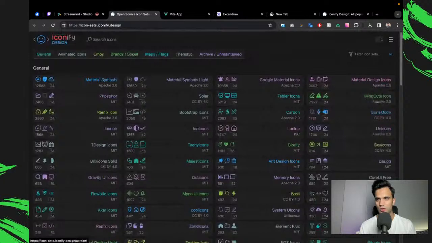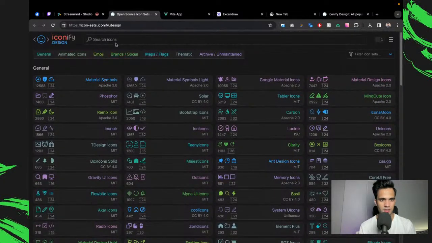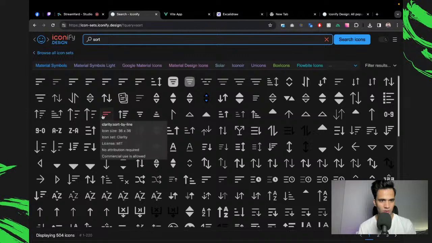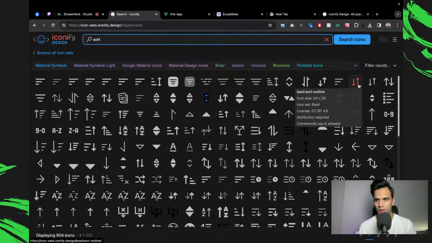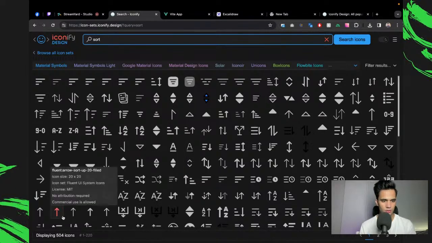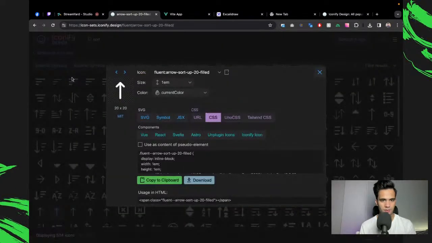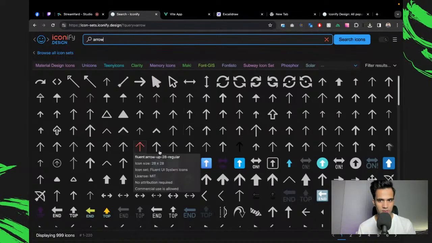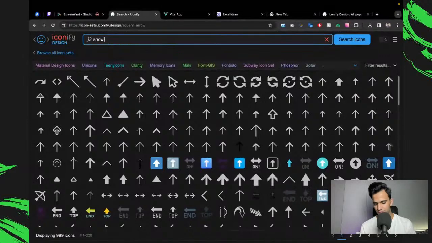You can pretty much find all the open source icons in one place, and it's very easy to find the icons that you're looking for. I want these, but I think I would take these separately, arrow up and arrow down. Let's just say arrow, because I want them to be from the same family. Arrow up.